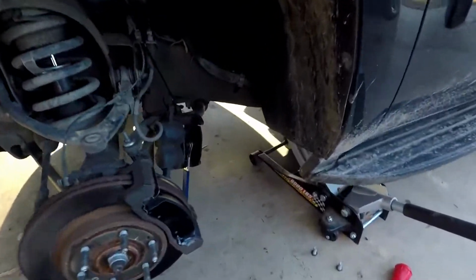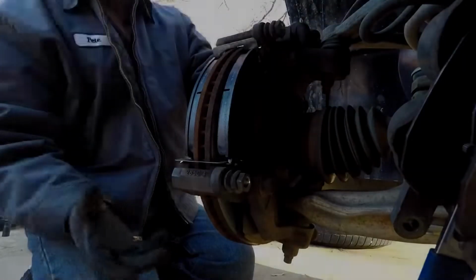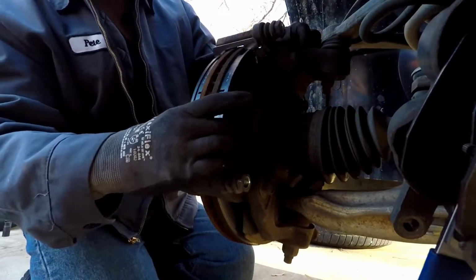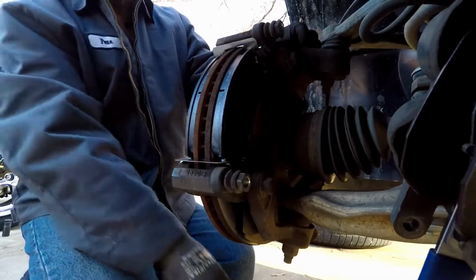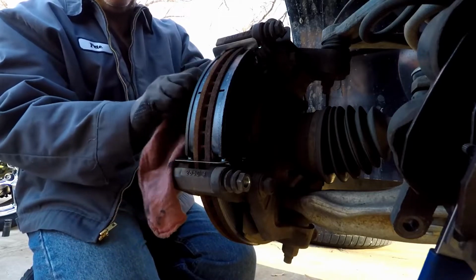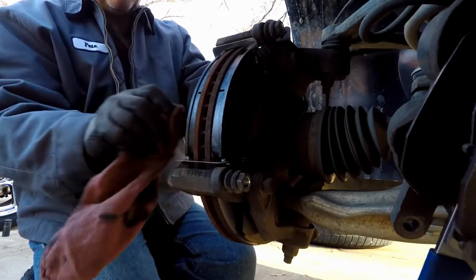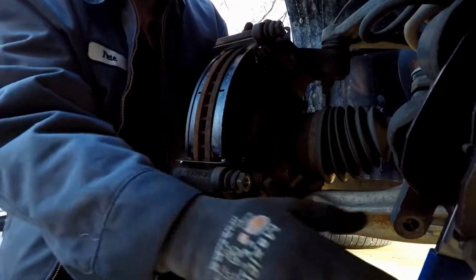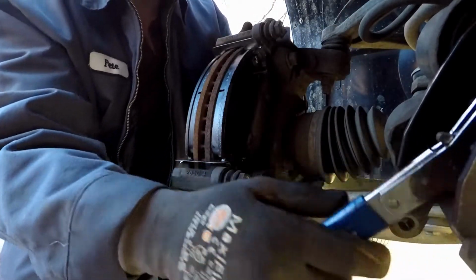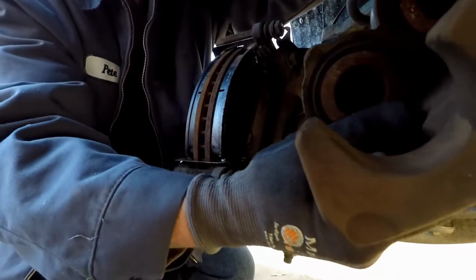So now that this is set for a few minutes with the pressure on it, let's go ahead and put it on. First thing you want to do is make sure your pads are all the way in, right? Try not to do like I just did and touch that area that had the paper on it, because now it has dirty fingerprints on it. We're going to pull the trigger on that, back it back off, take it out of the way, take it off of the